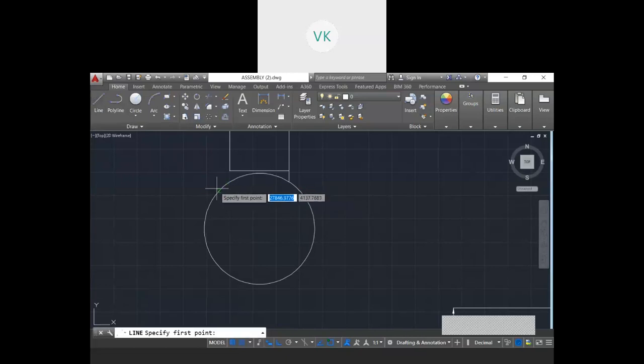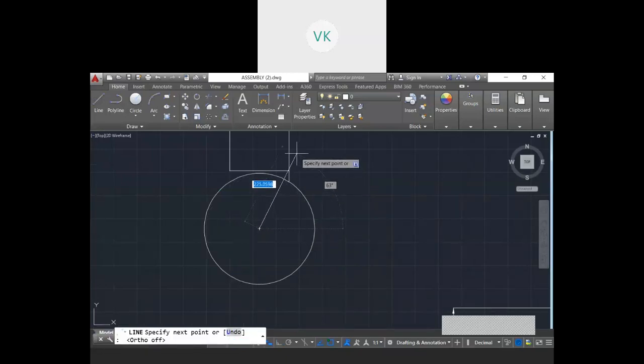So what I will do here, I can once again from the center I will take a 65-degree line. 65-degree line. So here the width is more, hence I can't go for 65. I'll go with say around 60-degree.